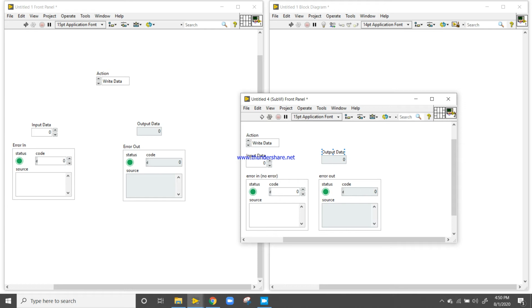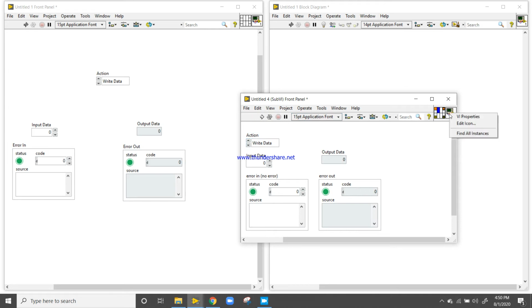Now let's create. Click here and select, click here and select, click here and select the output, error, output. Now click on this one and connect it with the action.